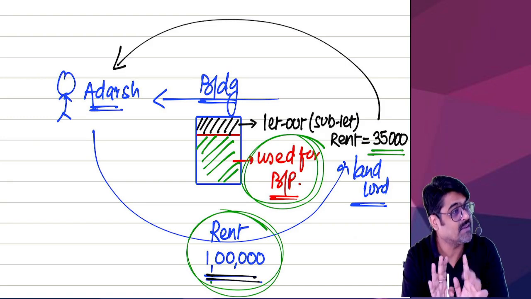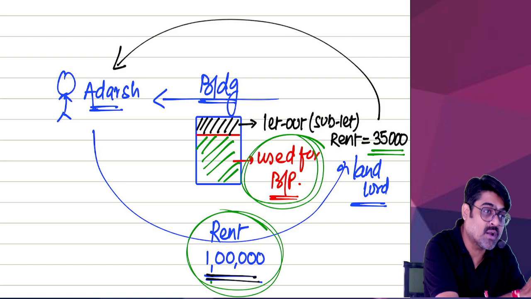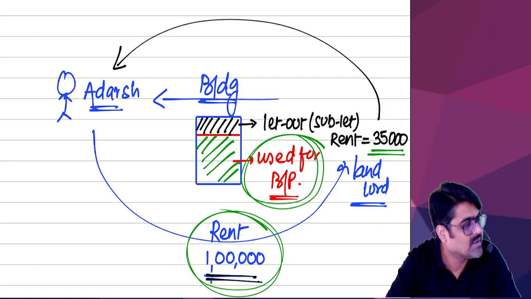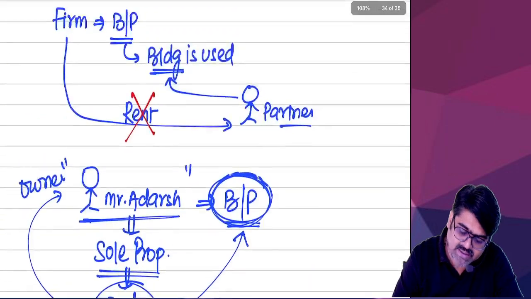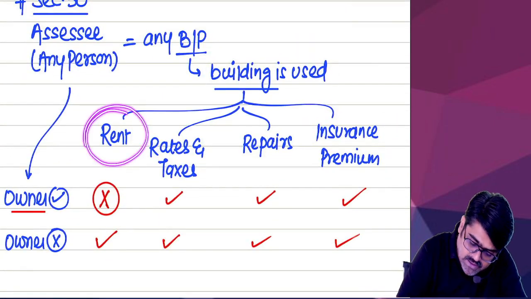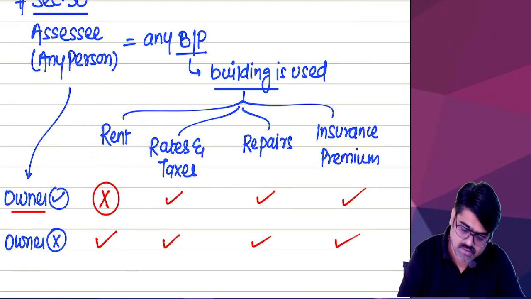And that 65,000 is for that portion which is being used for the purpose of his business or profession. That only should be allowed as a deduction. Understood? So while taking the deduction for rent, will you remember all these things? Sure. Now let's come to